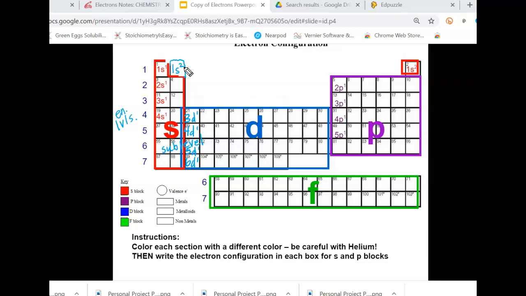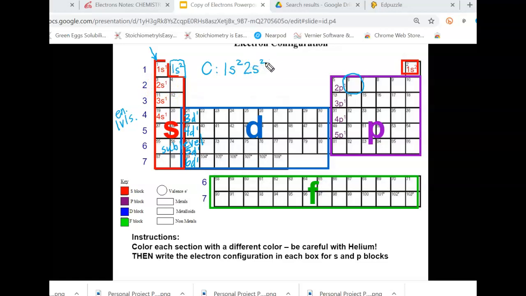Okay, so what if I had to describe carbon? If I had to describe carbon's full electron configuration, I know that carbon is number 6 on the periodic table. So I am going to start from the beginning, and the beginning is always at the 1s location. I'm going to start describing where all 6 of those electrons are. So on the first energy level, in the S sublevel, I have a total of 2 electrons that fit there. So I'm going to write down 1s2. Then I'm going to continue, because remember, carbon has 6 electrons. So to show the rest of the electrons, I'm going to drop down to the second energy level, and I'm going to report those 2 electrons from the second energy level in the